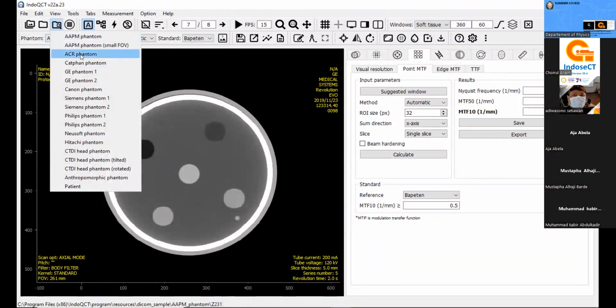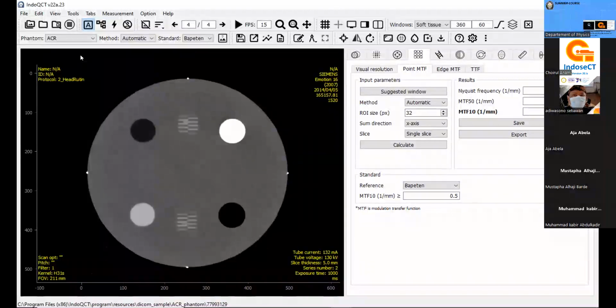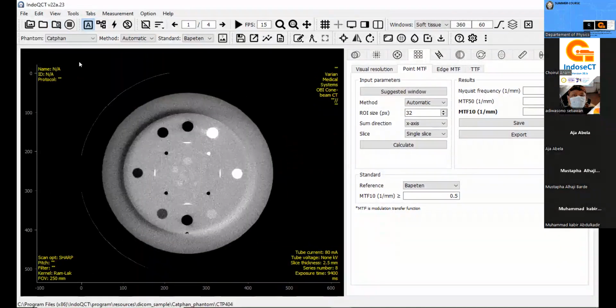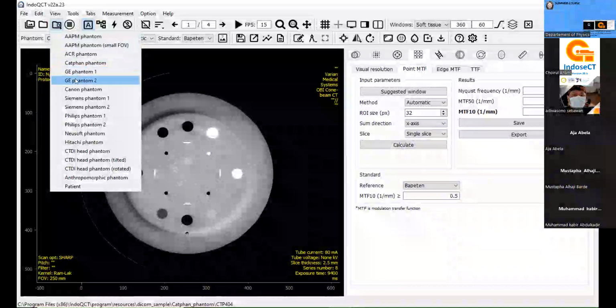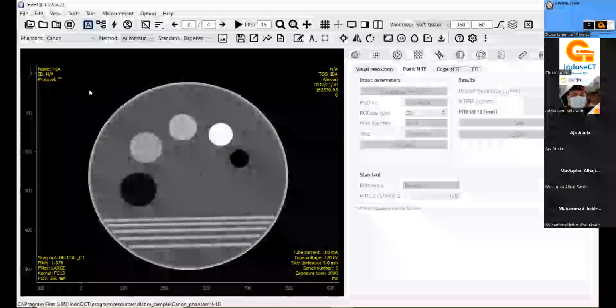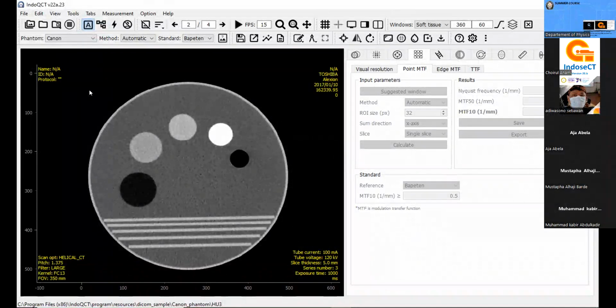For the OCR, using this image. For the CatPhan, using this image. For Canon, using this image. It can be used for measuring the TTF.